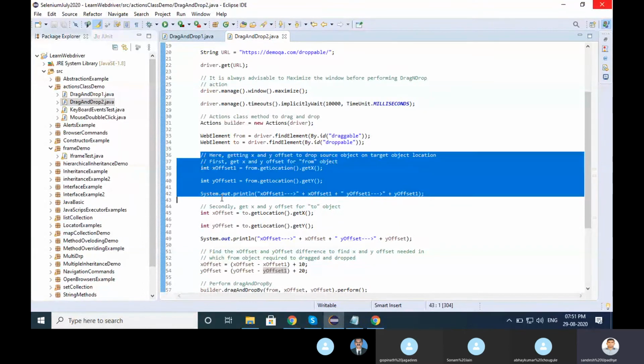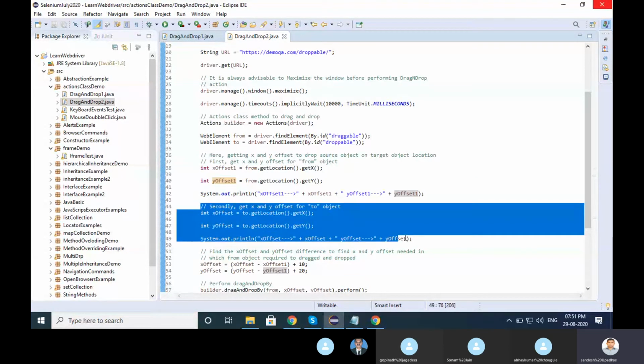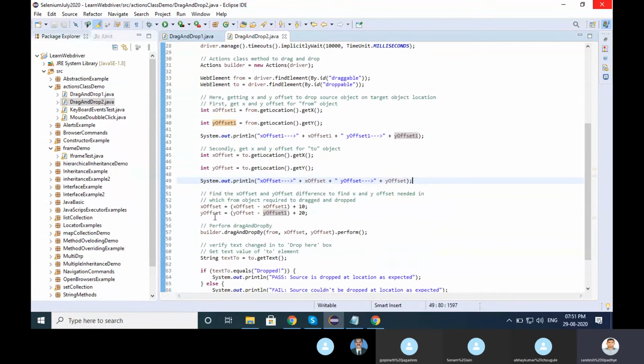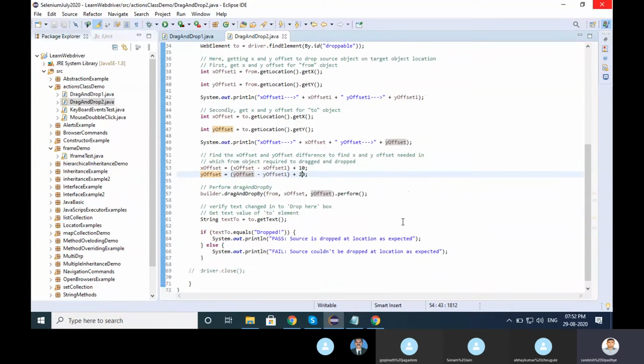Here you will get the from and here you will get the to, and then they passed x coordinate plus 10 and y coordinate plus 20, whatever coordinates you want to pass. But in this program you have to run multiple times and check the coordinates multiple times. So for simplifying, I just recreated this program here itself. Just pass the ID or locator whatever we have and then it works.